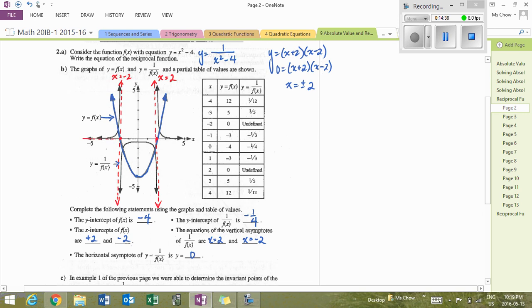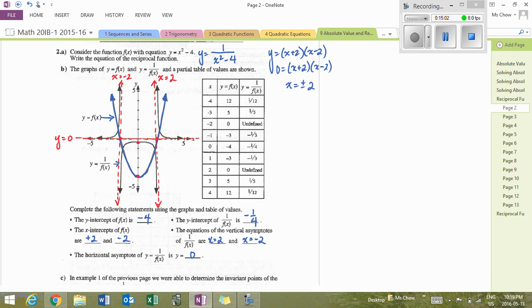And then we've got our horizontal asymptote, which is at our x-axis, so that is the line y equals 0. Because we've got our y-intercept at negative 4, then in our reciprocal function, we know that it's negative 1/4